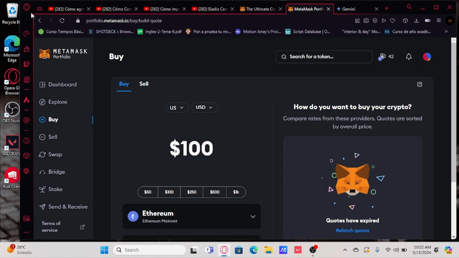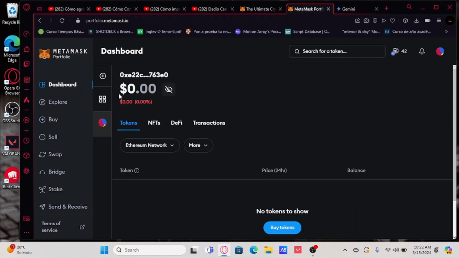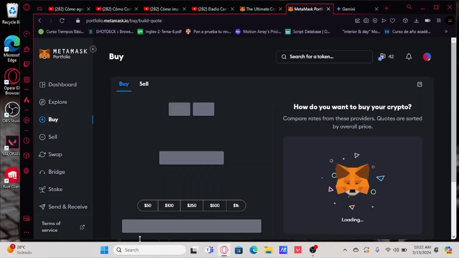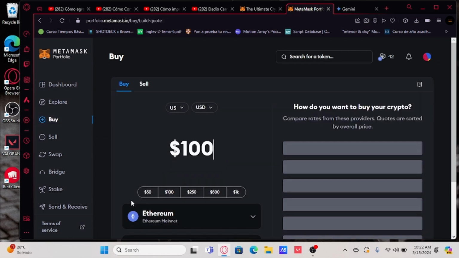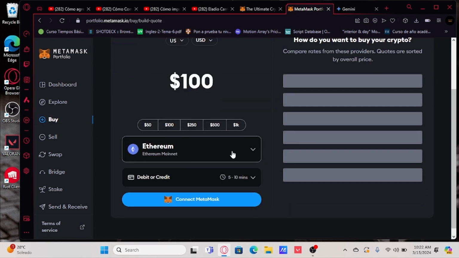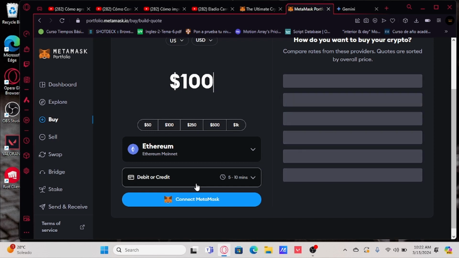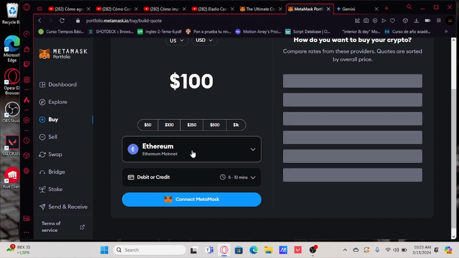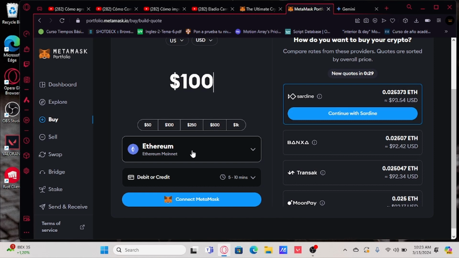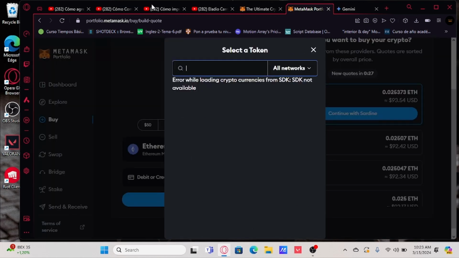And when you go to the principal page of your portfolio, you are here in the dashboard, and you need to click here on Buy. So if you want to add funds, the only thing you need to do is choose what cryptocurrency you want to buy, and the payment method you use. So, for example, if you pay with a debit or credit card, and if you want to buy Ethereum or Bitcoin, you can change it here,